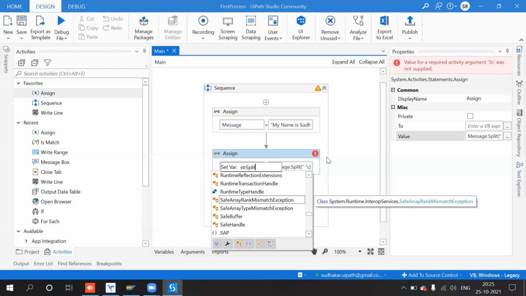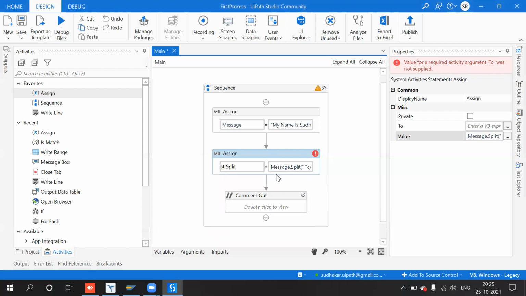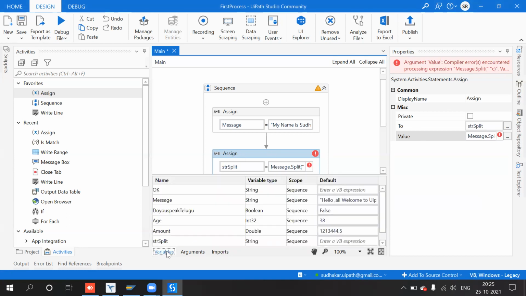split. Okay, so what is the output of this? By default, if you are creating a variable, that variable is created with the default variable type as string.